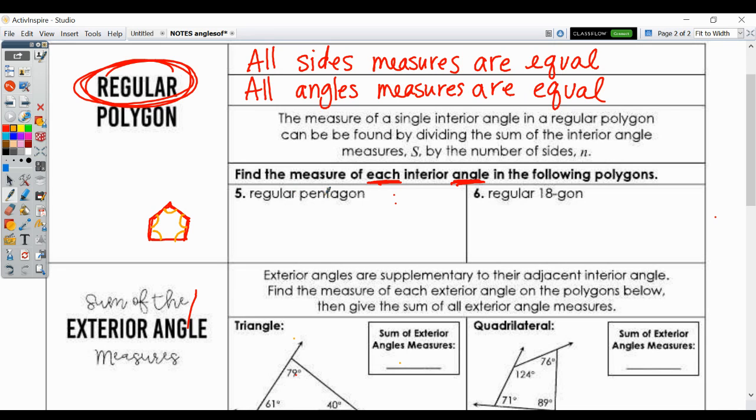So a pentagon has 5 sides, so I do 5 minus 2 times 180. That would be 3 times 180, and that equals 540 degrees, okay? That's the total. Now, if all of these are going to be the same, if this and this and this and all of the angles are going to be the same,